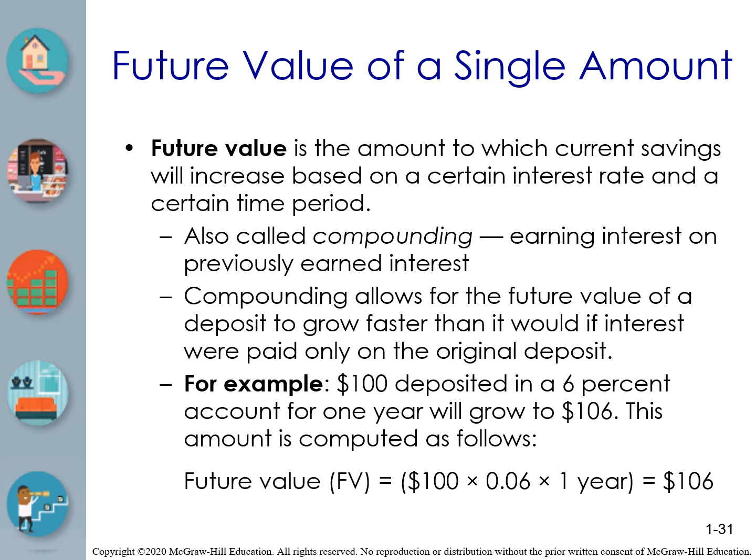So of course, back to that example, we'll walk through this. A $100 deposit at 6% in an account for 1 year will grow to $106. This amount is computed as follows: future value is equal to 100 times 0.06 times 1 year, which is $106. Moving forward from that,